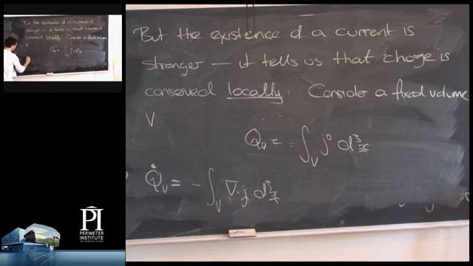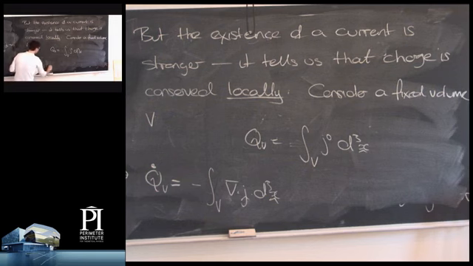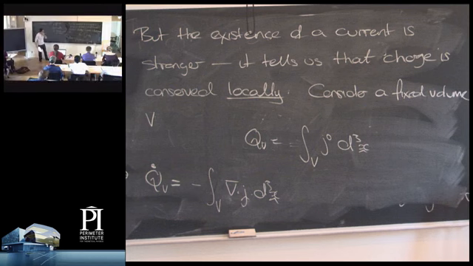So if I just repeat this analysis, and what I get is that the variation of the charge in this volume is equal to grad of J